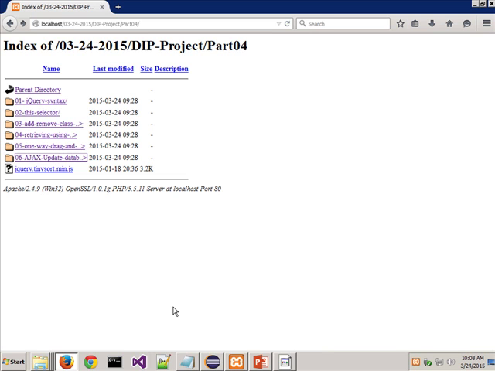But if you take a look up on the screen here, you'll see these are the examples that we're going to be going over today. First, a simple jQuery example, then another example that goes over the this selector, then a real simple add remove, then a more advanced add remove, then some drag and drop, and then finally we'll start to get into using Ajax for updating the database, although it's not really doing that. That's not a great